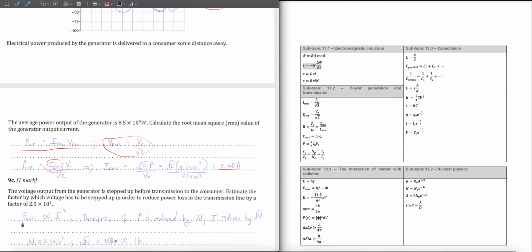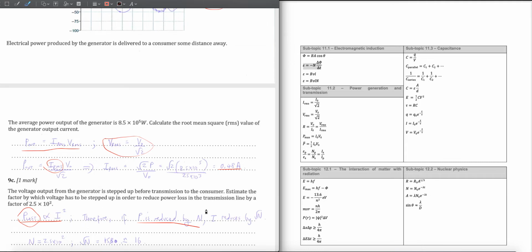Now, why is that important? Well, the power lost is proportional to current squared. So anything that the current is doing, we'll square it, and that will give us an estimate of our lost power. So we're really doing a bit of a chain reaction here. We're thinking about the effect on voltage, and then the effect on the current, and therefore the effect on the power which is lost. Okay, so if power reduces by a factor of n, if we've got this I squared